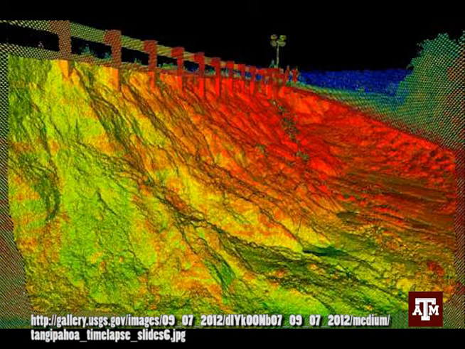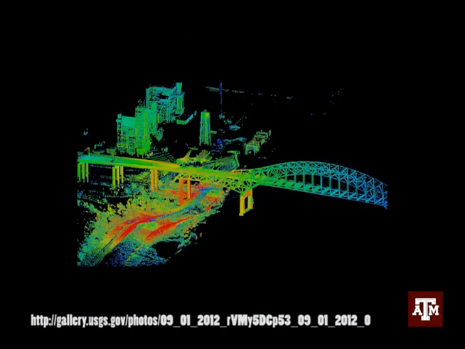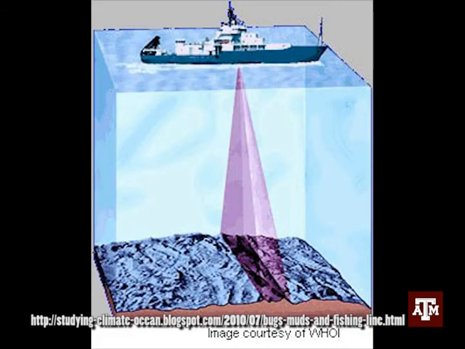LiDAR, which stands for Light Detection and Ranging, is an optical remote sensing system that emits light rays or lasers to illuminate targets, then measures the reflected energy. LiDAR systems are commonly used for weapons ranging and other military applications, as well as vegetation remote sensing and high-resolution imaging. Sonar is also a type of active remote sensing that emits sound waves underwater and records the speed and